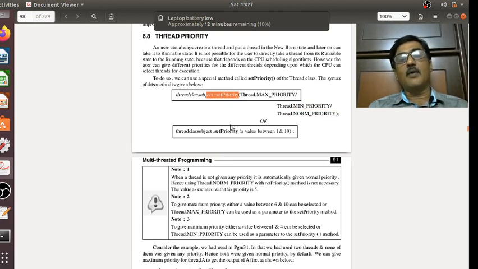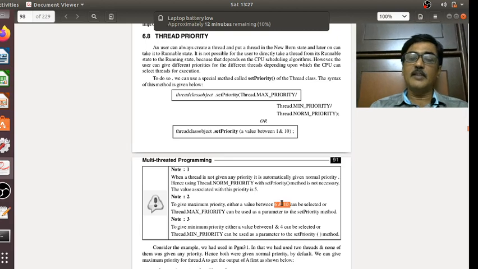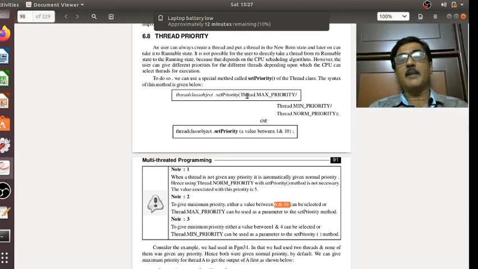Now instead of writing these values, you can also choose a value between 1 and 10. If you wish to give max priority to a thread, you may choose any value between 6 and 10, instead of typing Thread.MAX_PRIORITY.